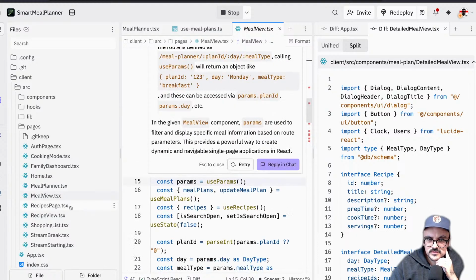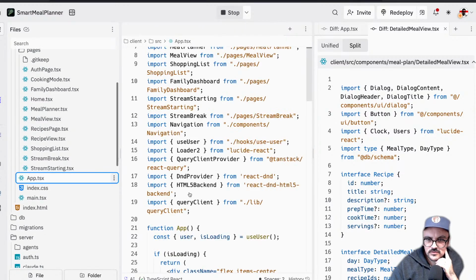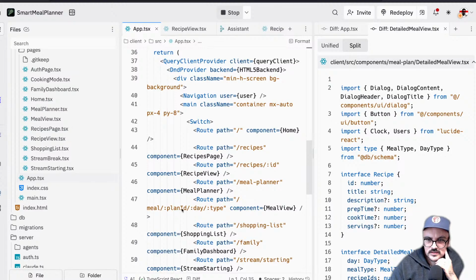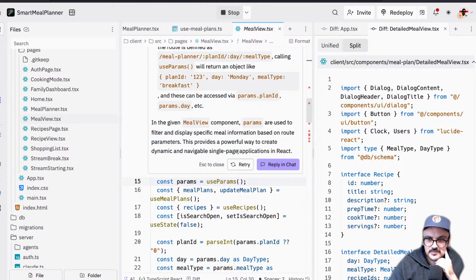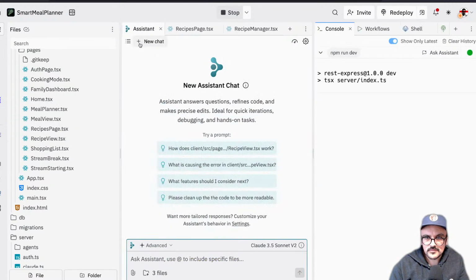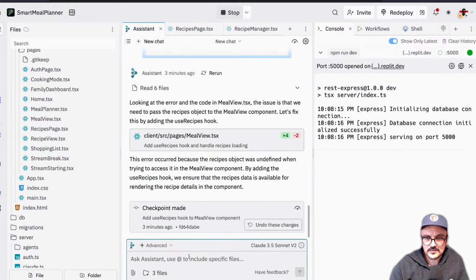But it's not doing that. If I go to the app and go to the, it's not called meal type. So the problem here is that, so I have to tell that the path from the route is the same one that the meal view params. Okay, so I'm going to ask to close here. I'm going to go to the previous chat. I'm going to say